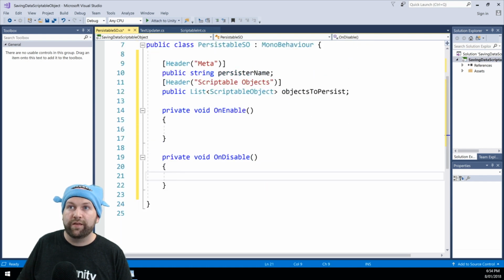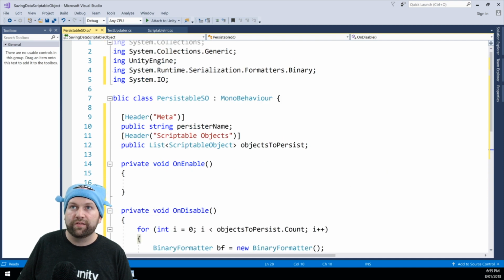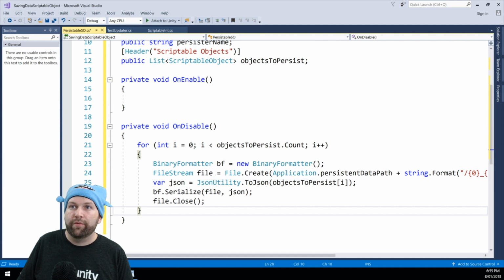So let's start on saving data. So on disable, I've just copied in a for loop here, so for all of the objects within our objects to persist, so this list up here. We're going to create a binary formatter and a file stream. So the binary formatter is what will encode it, and the file is the file that we're going to store it in. So the file stream called file is equal to file.create